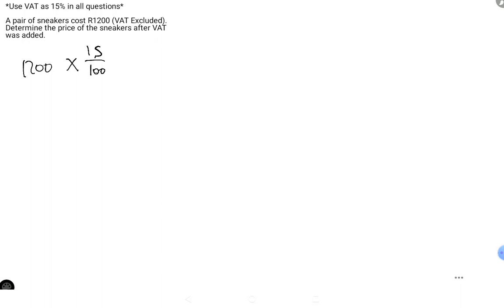This is the first way of doing it, right? And after this, I'm going to show you a different way, which is similar to the previous sum that we did. So if you were to take 1,200 multiply by 15 over 100, over 100 because it's percentage, and so that gives us